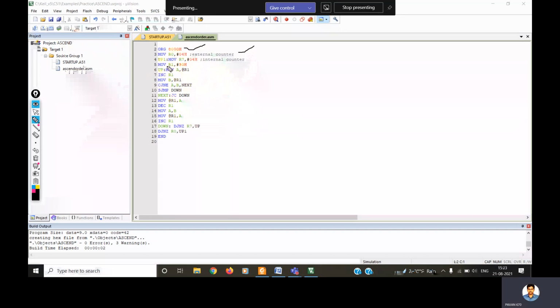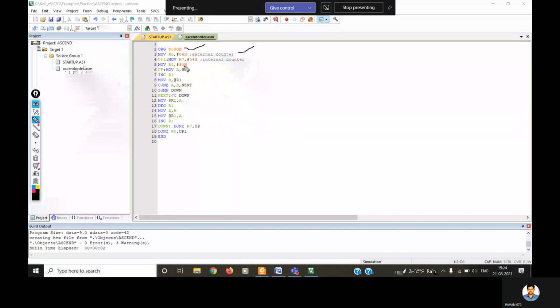Since the instruction I have used here is MOV, not MOVX, I have the provision to use the data memory only. If I use the instruction MOVX, then I can have the provision to go for code memory accessing. As per my program requirements, I do not have the requirement to go for code memory accessing, and moreover, I am generally interested in data memory accessing. So that's why I have written the program like this, to load the values into the data memory and access those locations. That's why the instruction is given like this: MOV R1, #30H.